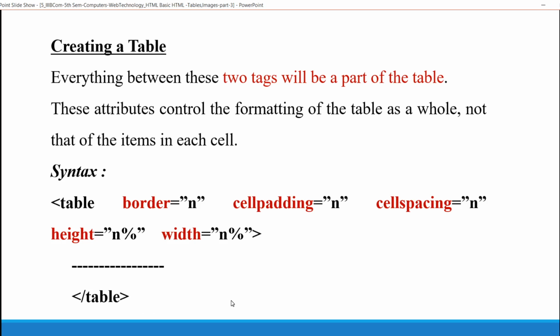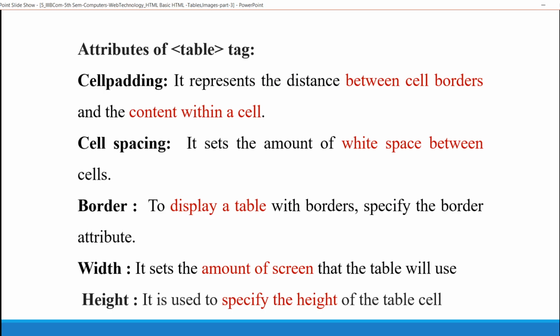It sets the amount of white space between the cells, providing gaps between cell and cell. Whereas in cell padding, it is the gap between a cell border and the content in the cell.